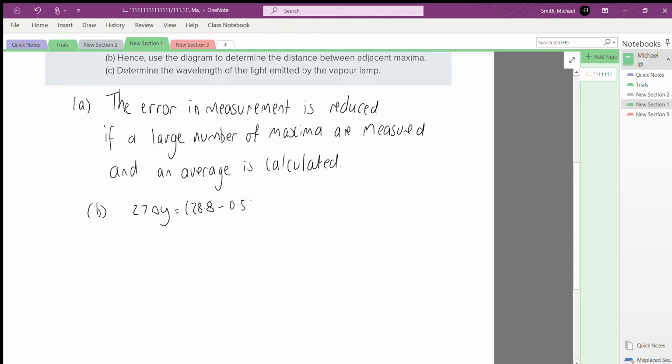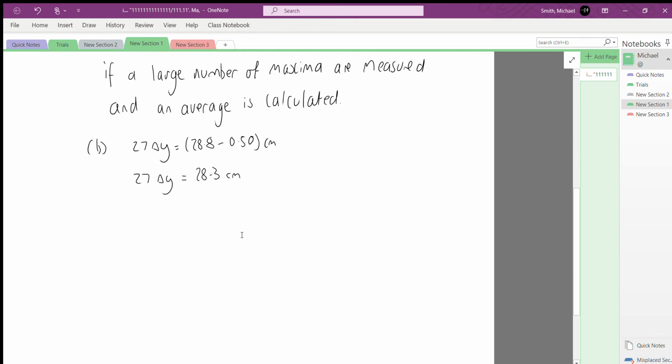So we have 27 lots of delta y, 28.8 take 0.5 is 28.3 centimeters. Therefore, delta y is 28.3 divided by 27, which gives approximately